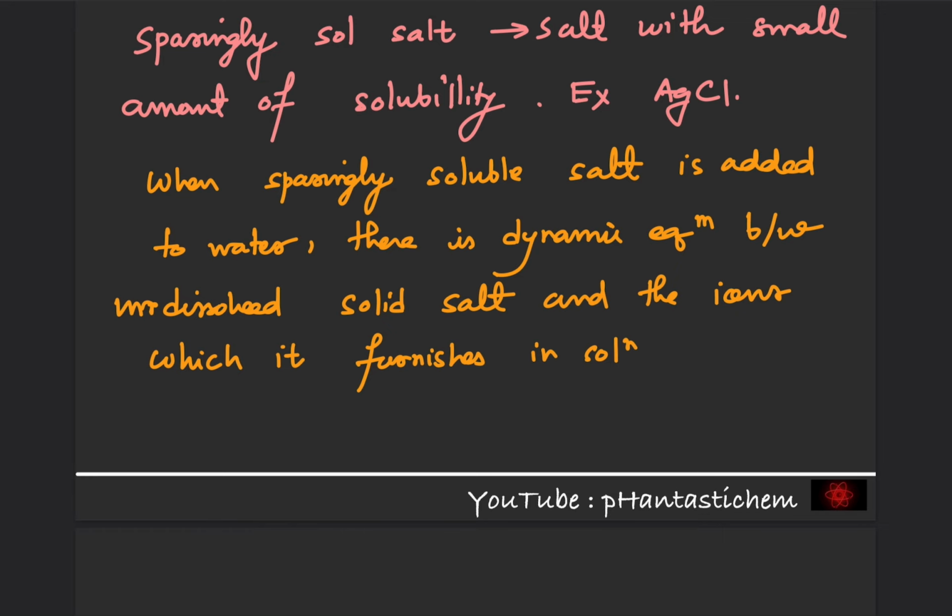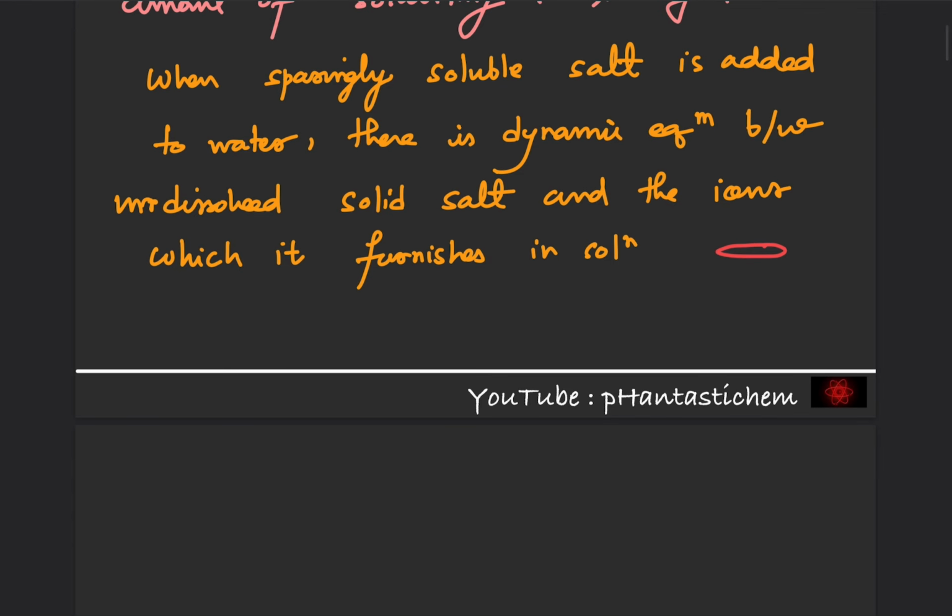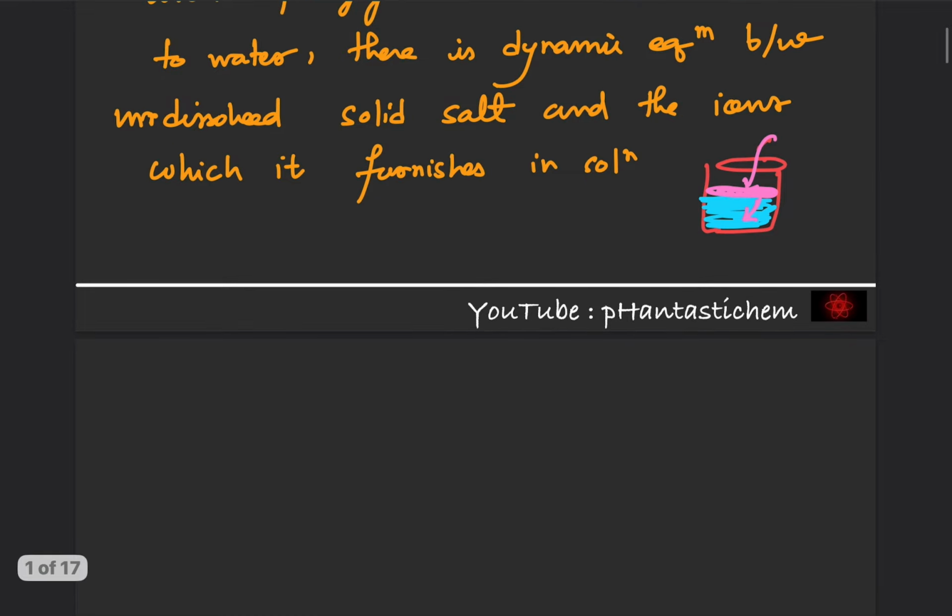That is, if we want to represent it through a diagram, let's say we have a container and we have water in it, and let's say we added some amount of salt. So what will happen, most of the salt will remain undissociated. Whatever amount has gone inside will dissociate into ions, and there will be equilibrium between the undissociated or left salt and the ions that it has furnished in the solution, which can be represented by a reaction,